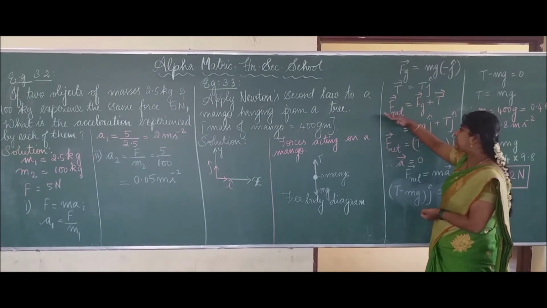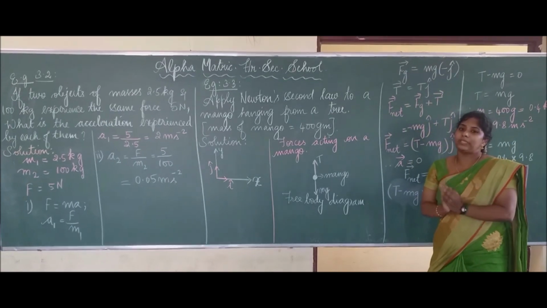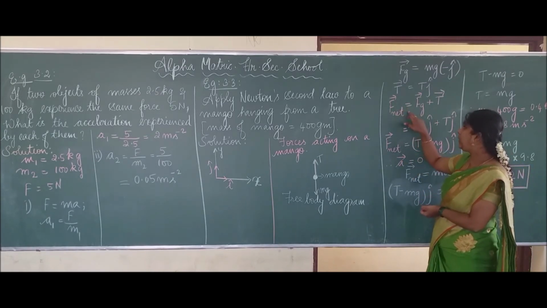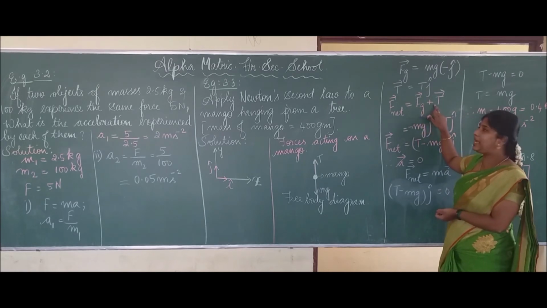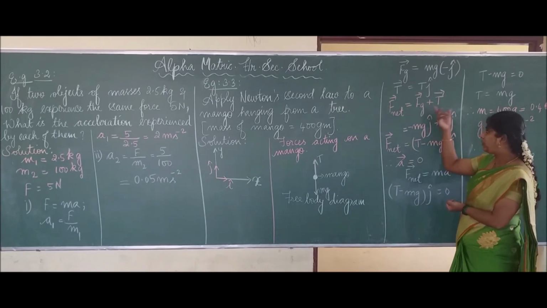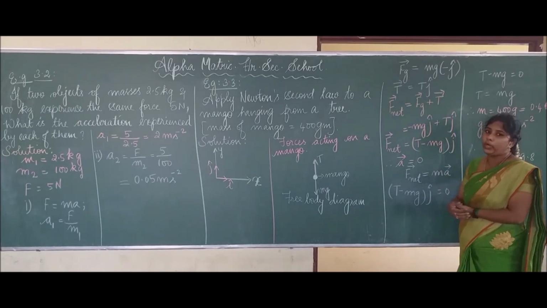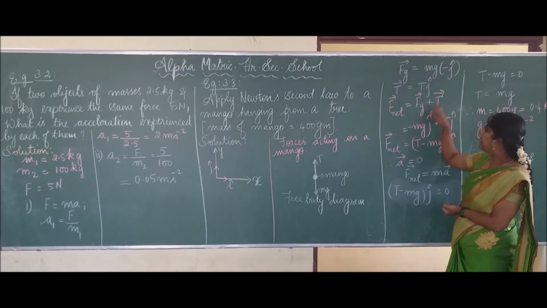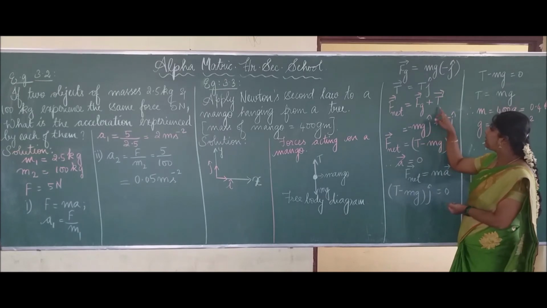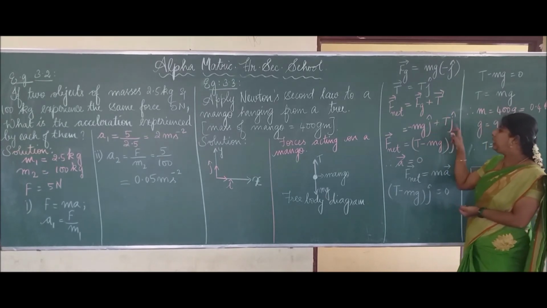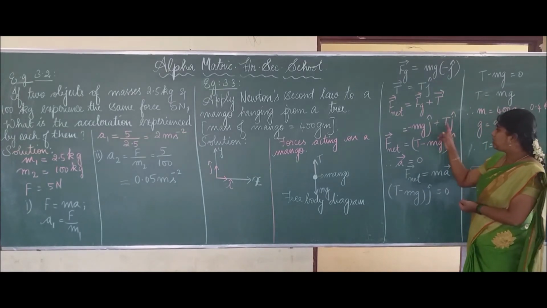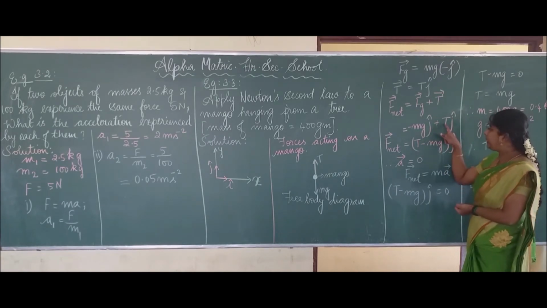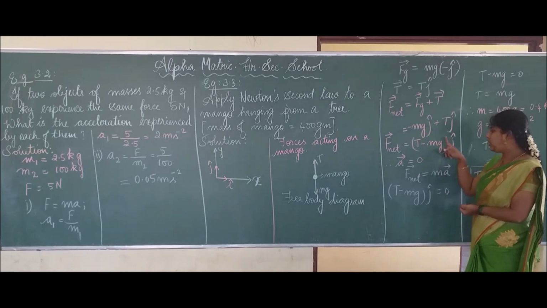The next step is, what is the total force acting on the mango? F net equals the gravitational force plus the tension force. We add these two forces to get the total force. So Fg is minus mg into j cap plus the T vector, T into j cap. Here j cap is common, so I take it outside. It is (T minus mg) into j cap.